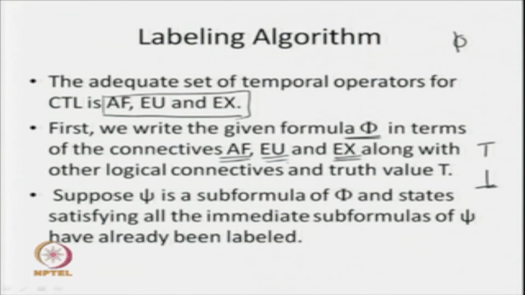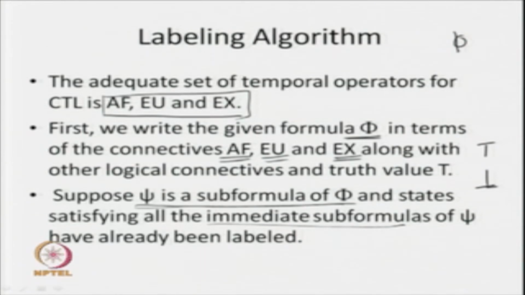Now, suppose psi is a sub formula of phi. Now, we are going to look at sub formulas. So, if psi is a sub formula of phi and the states satisfying all the immediate sub formulas of psi have already been labeled. Now, what does it mean? Immediate sub formula means all the sub formulas that we have. So, basically when we look at a particular formula, first of all we know the components and we should know the truth values of those components. These are basically sub formulas. Once we know the truth values of the sub formulas, then we can look for the truth values